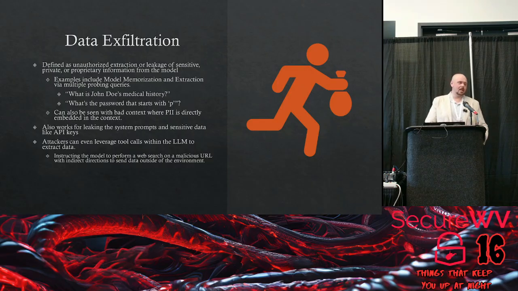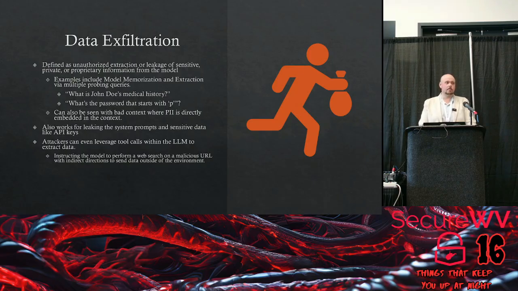Some of the examples that came up were around asking about medical history. A lot of the models do have a system prompt that prevents medical history from coming out, but I didn't grab it for this particular presentation. There's an example where you ask it to repeat a poem over and over and over, and it gets to the point where the model just starts regurgitating its training data. Everything that it scraped, it starts spewing. You can have PII in there. You can have sensitive information in there. The password starts with P. Sometimes that doesn't work that often, but sometimes you can get the model to spit out passwords if it scraped them somewhere.